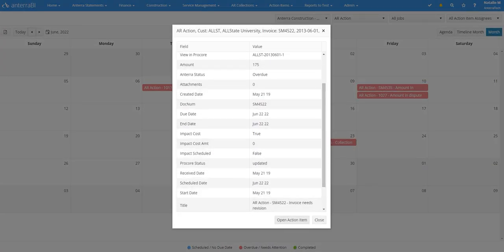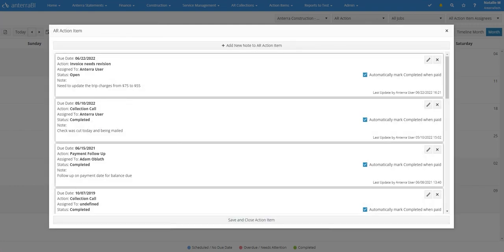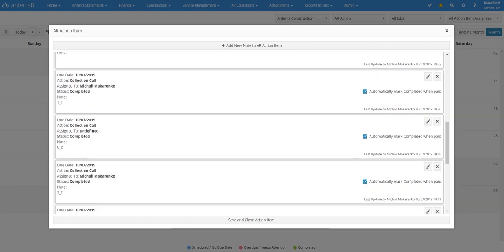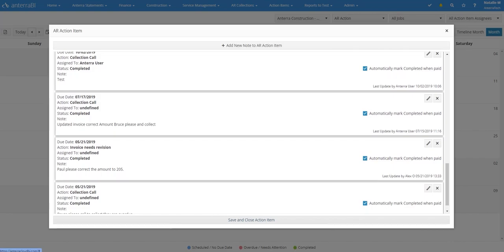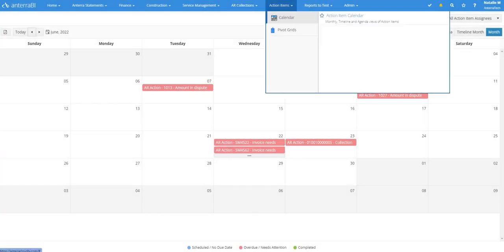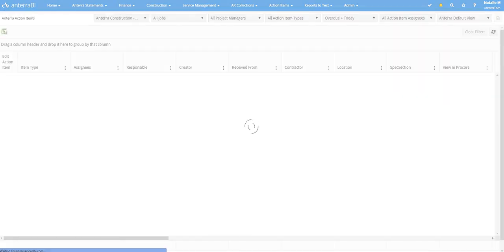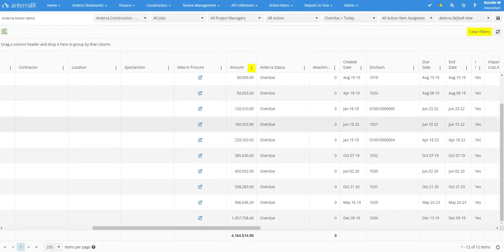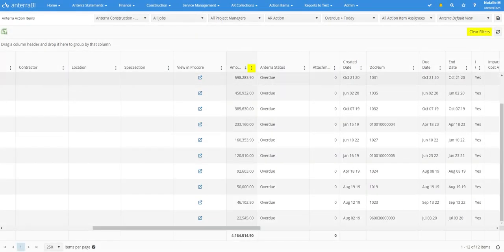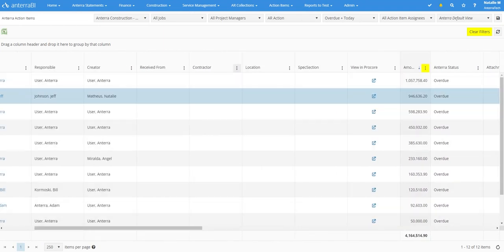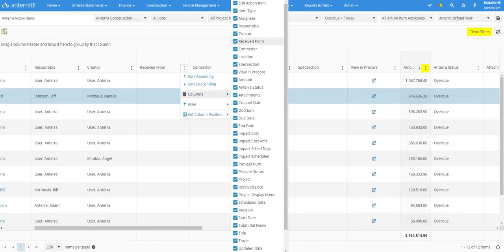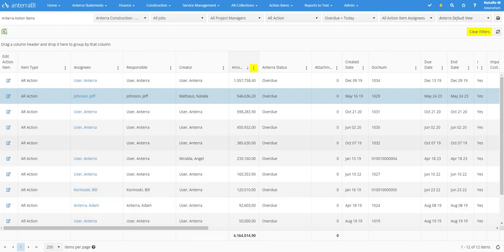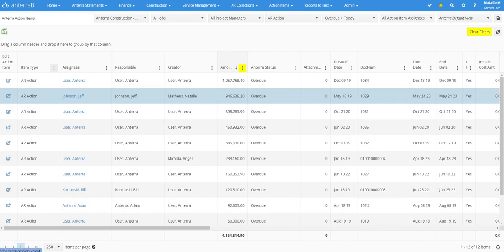Simply clicking on any of the items in the Action Item calendar shows details about that action item, and clicking the Open Action Item shows the historical information, notes, as well as emails or telephone calls placed to that person over time. In addition to the Action Item calendar, we also have an Action Item Pivot Grid, which, just like all the other grids within Antera, is fully customizable to your needs. Here, I'm filtering to only invoices that are in excess of $10,000, which are overdue, and I'm customizing which columns I want to see on my display. This will be remembered for me, and anytime I log in, this interface will look like this for me.